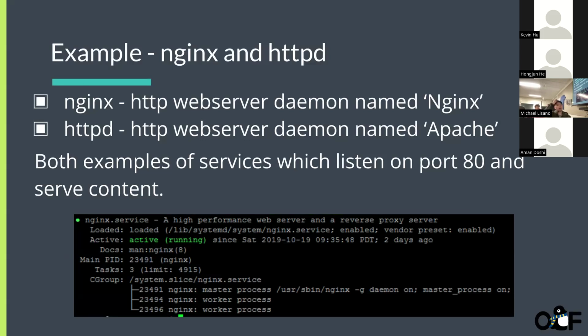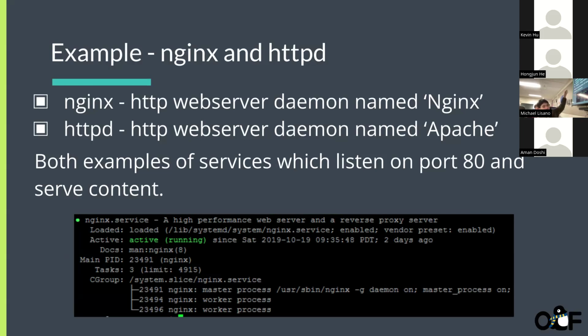There are also a couple of examples of Nginx and HTTPD that I want to go over, which are both examples of services which listen on port 80 and serve content. Where in here does it say that? Okay, so there are two services that both will listen to port 80 and serve content.